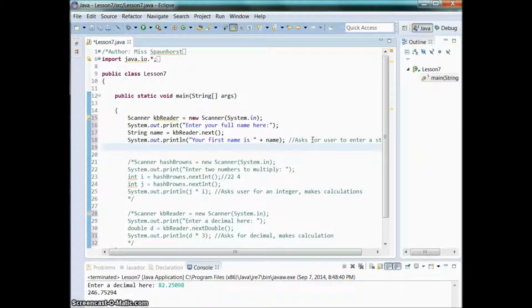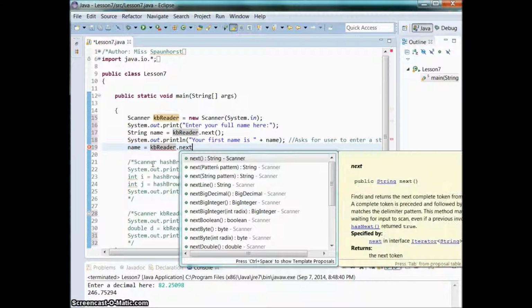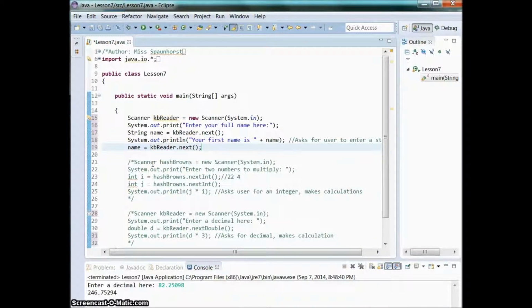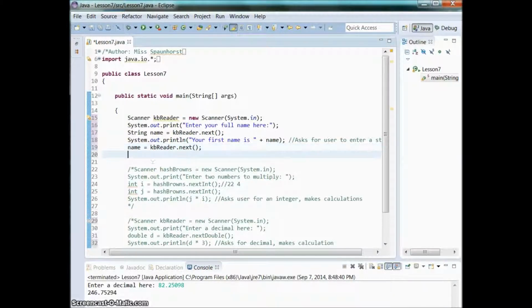And what we're going to do is we're going to actually use our KB reader to our advantage. So we've already set up string name. It's already been declared up here, so we don't need to declare it again, but we're going to initialize it to name equals KB reader dot next, open close parentheses,